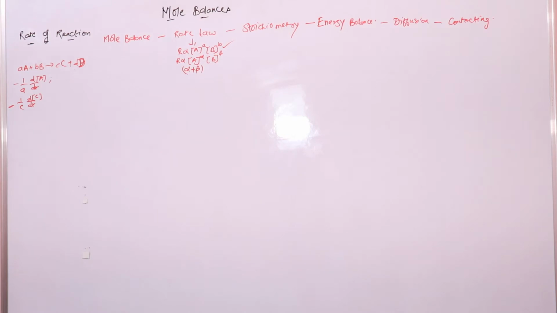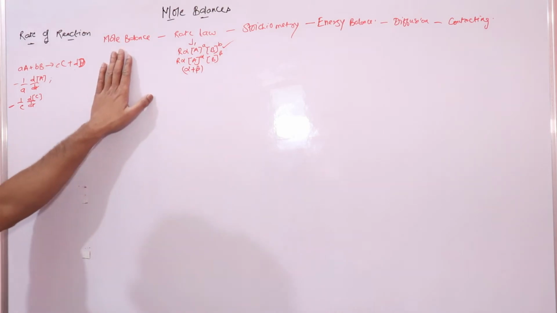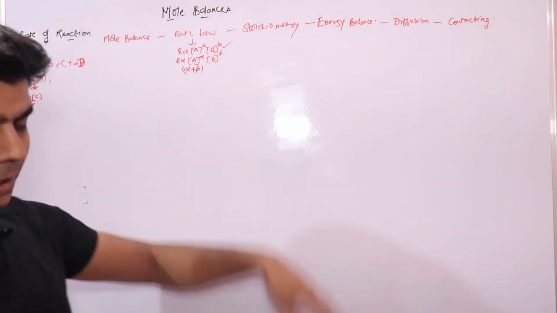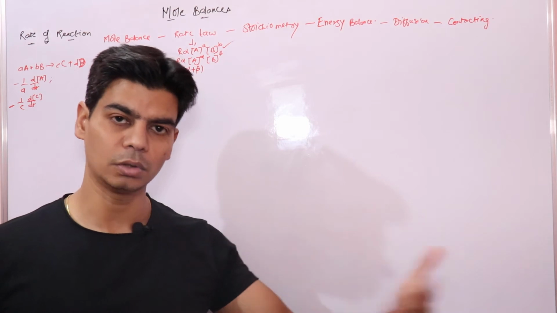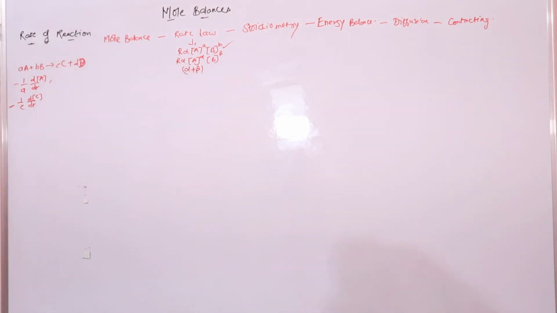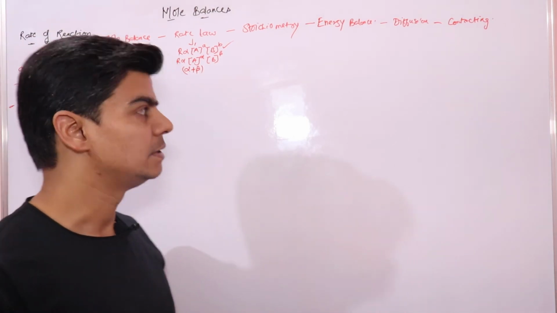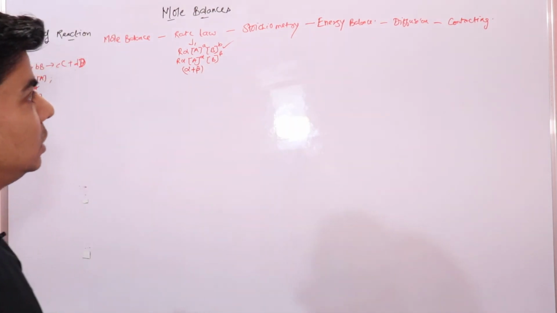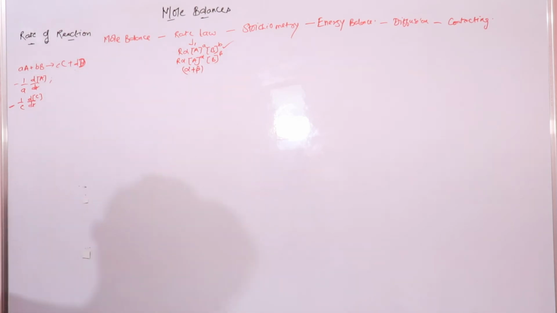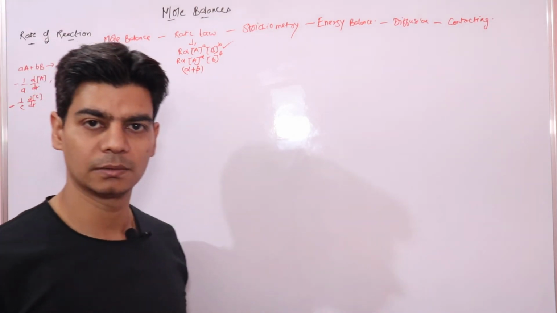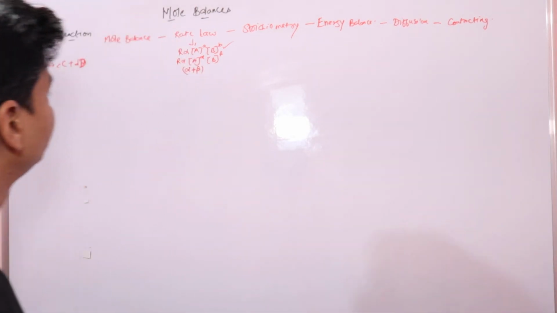So continuous stirred tank reactor, right? Then you have tubular reactor, which is plug flow, PFR, right? Then you have packed bed reactor. We will derive a general mole balance equation, then we will apply the general mole balance equation to all these 4 different reactors, right? So these are the 5 pillars of chemical reaction engineering. Make sure you understand all these and try to relate these with your previous study, right? That will make your life easier.